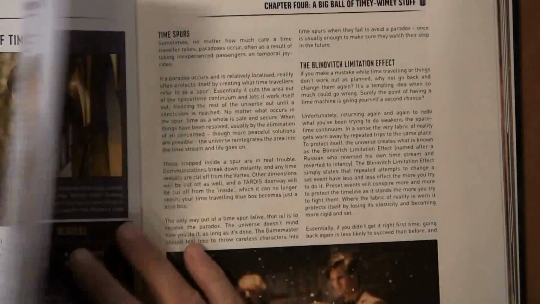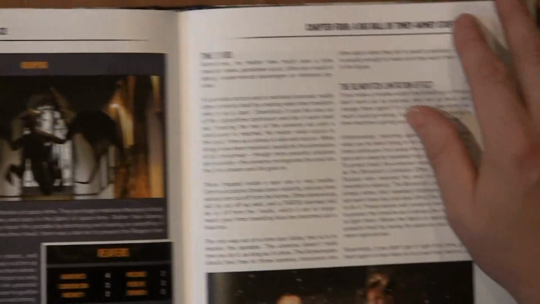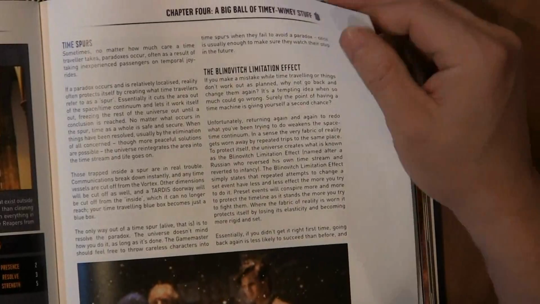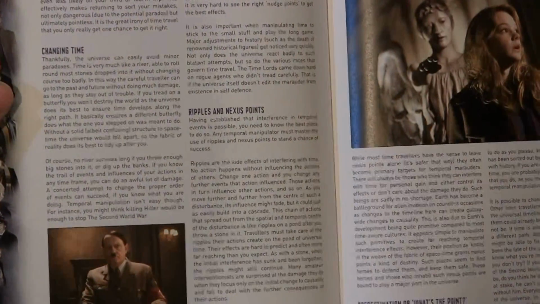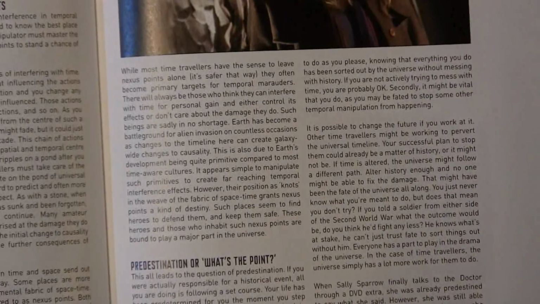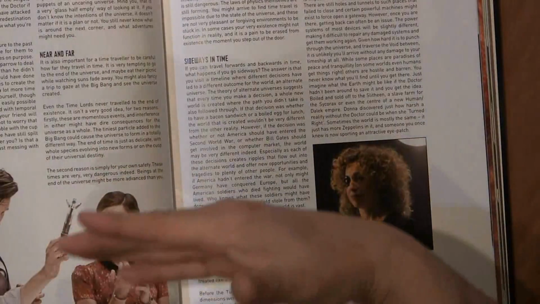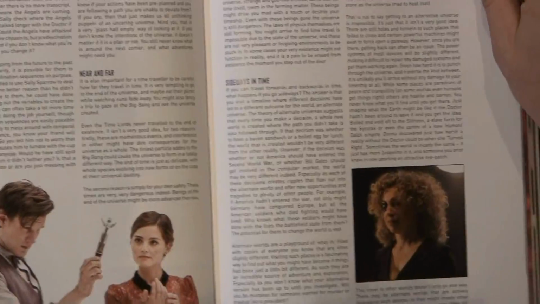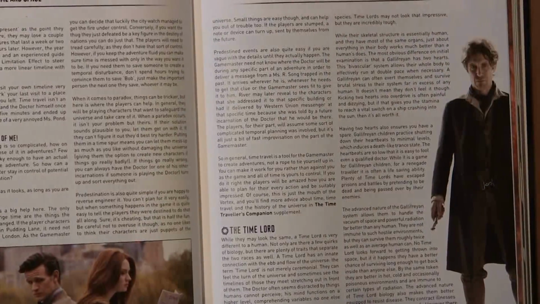They talk about time and space being manipulated. They talk about the Reapers, the Spurs, the Blinovich limitation effect. They talk about changing time, ripples and nexus points, predestination, near and far, sideways in time. I mean, the things they talk about, some of the stuff I haven't even gotten into yet in the show,